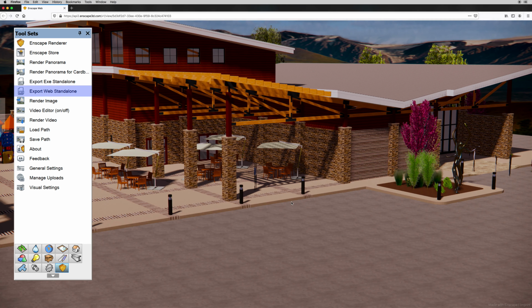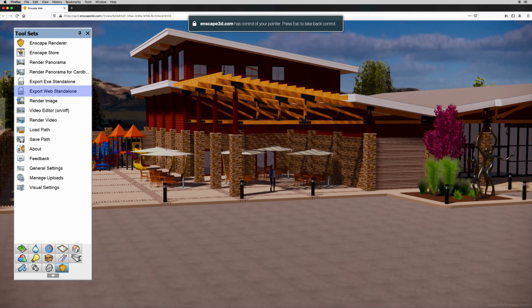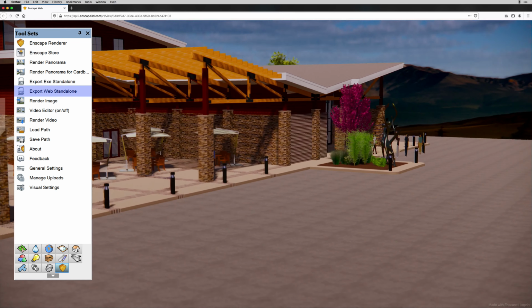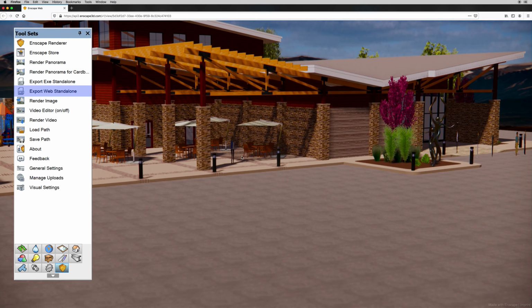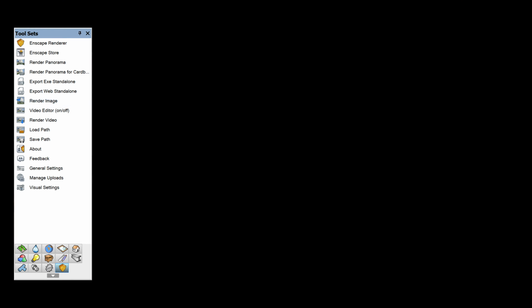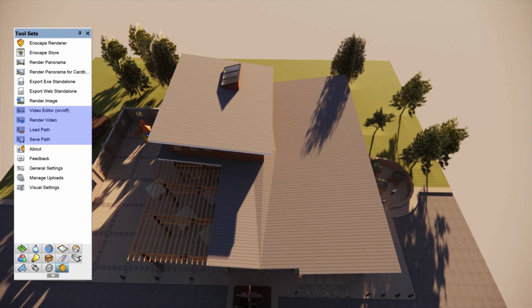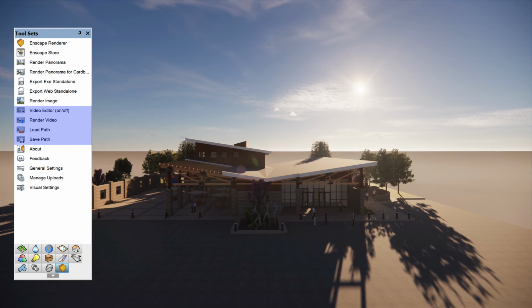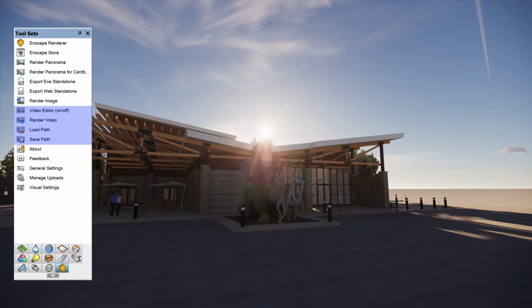Export Web Standalone. Similar to the Vectorworks web view, the Web Standalone tool will provide a web page where you can walk around the file through your web browser. Render Image. Render Image will export a single image of the current view onto the local machine. Render Video. In combination with the video editor, load path, and save path tools, a rendered video can be exported